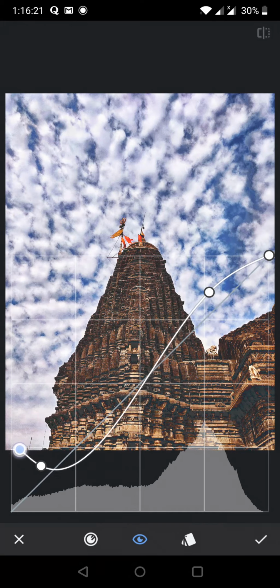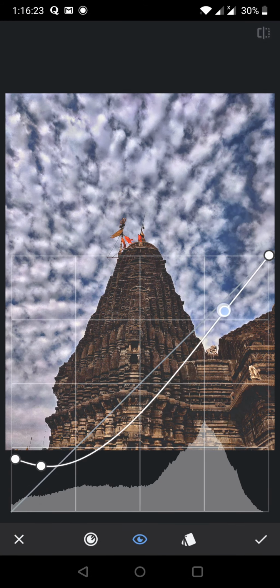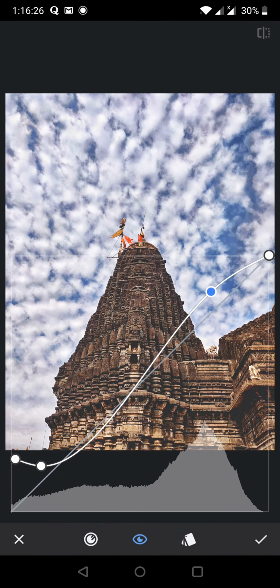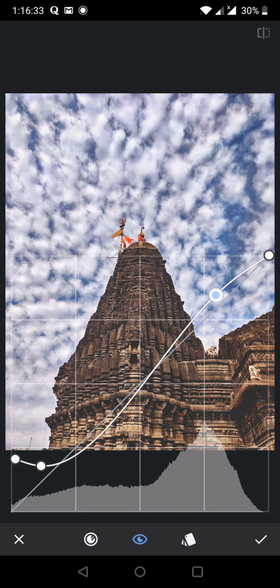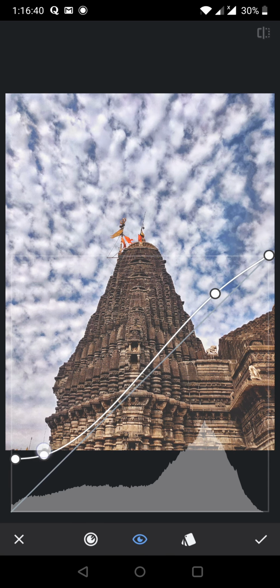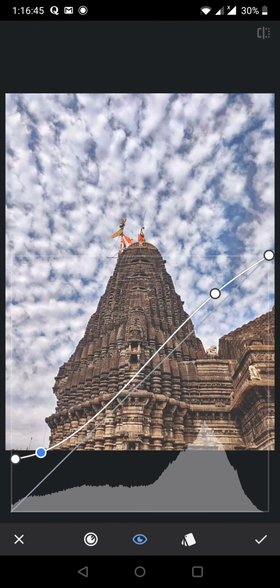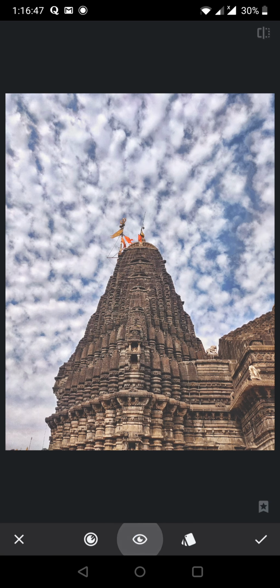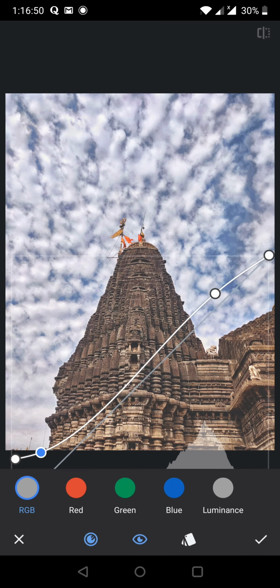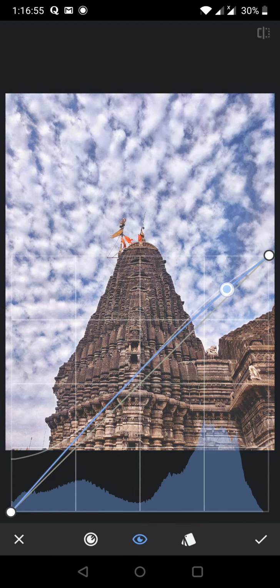And then curves. So generally what you do, you keep an S curve in all your pictures. Generally it's a thumb rule, it works very good. Don't push it too much, otherwise it makes your picture underexposed or overexposed. The curves generally play with your highlight and shadows. So it is just again fine tuning from your tune image section. I'm just trying to adjust it so that my temple detail doesn't look too sharp, and gives a nice smoother feeling.